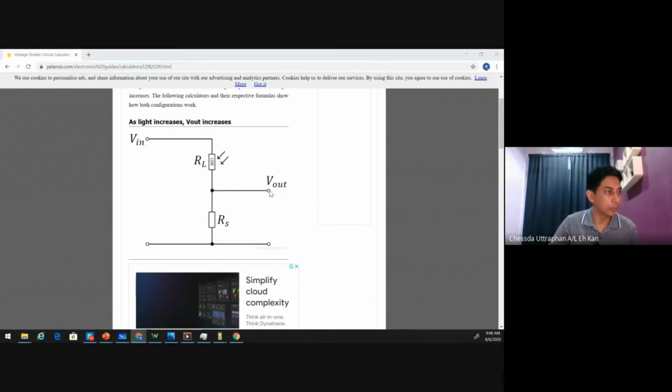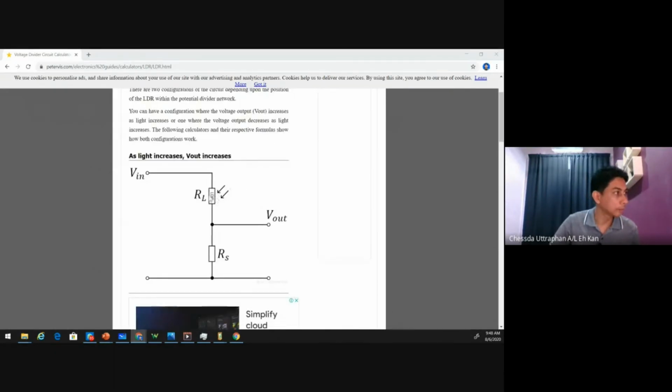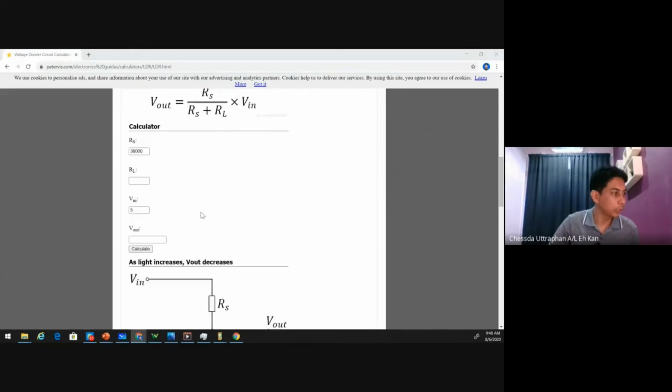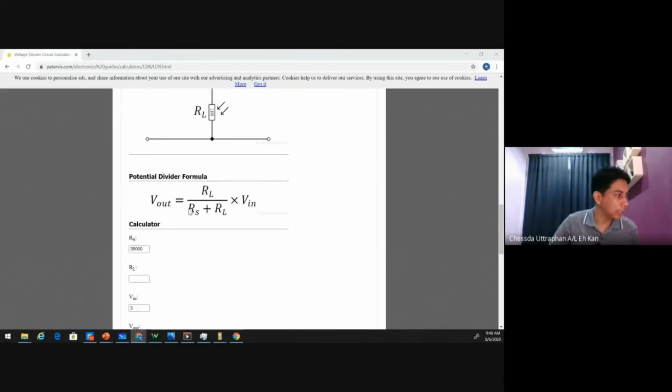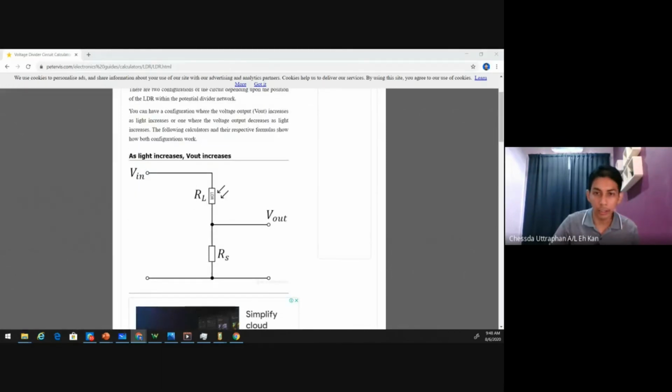Okay, so it will vary or change the V out also, and this changing is I think linear, right? So you can calculate for that. All right, so now this is V out, and the relation with the value of the light is not in voltage but